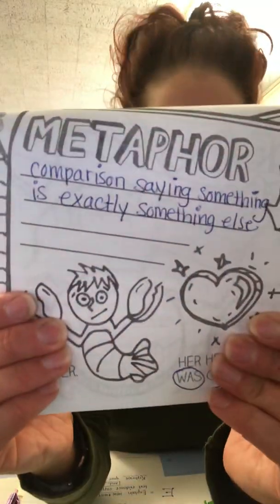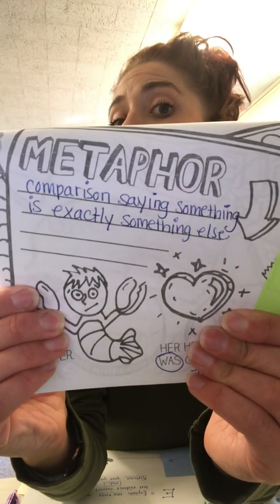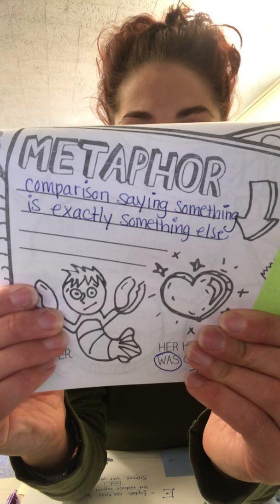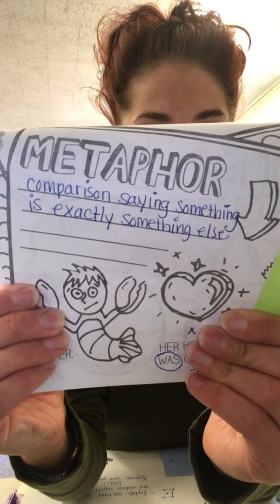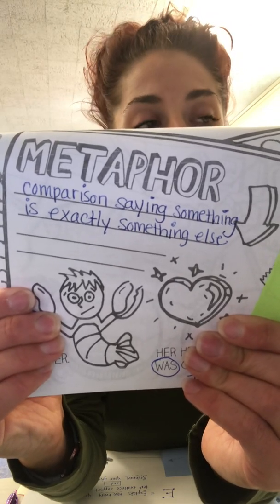So what I would like you to do is copy down the definition that I'm about to put up in front of the screen. And the definition says a comparison saying something is exactly something else. All right, so I'm going to hold this up to the screen for a few seconds, but if it's not enough time, pause the screen so you can get this definition written in. Can you see that? Yes, you can. Okay. And pause the screen if you need more time. Okay, now